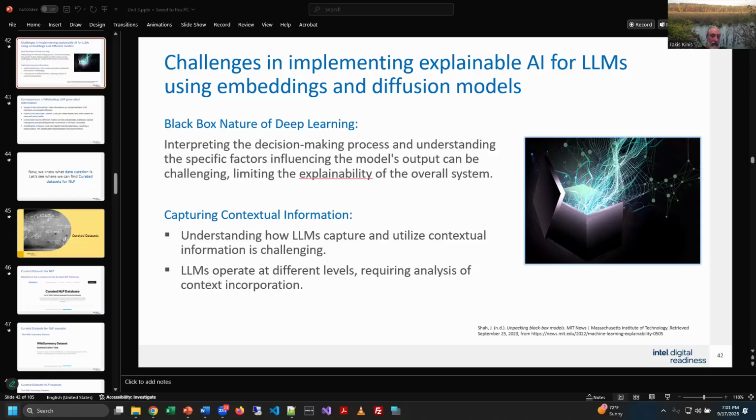The language models operate at different levels, and it says requiring the analysis of context incorporation. So, what context are you asking the question in? It does matter, just like it matters in regular conversation with a human being.